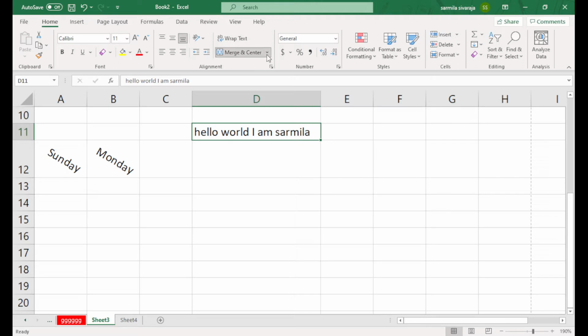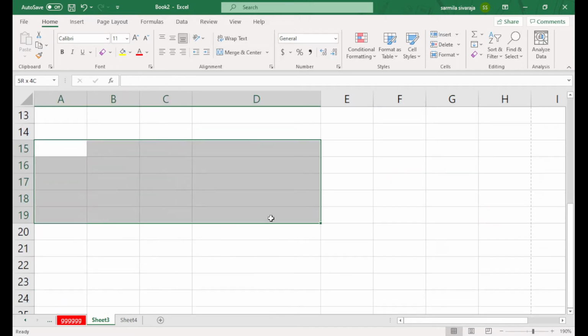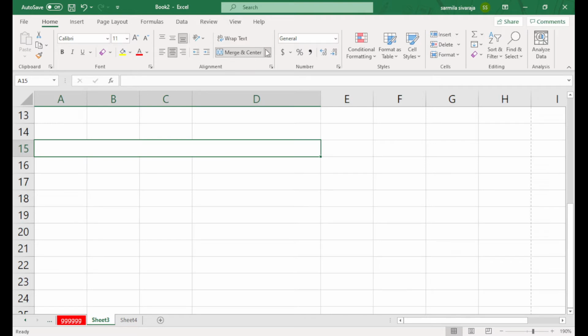Next one is merge cells. I need to merge these things. You can merge like this. There are two types of merge. One is merge and center. One is merge across. Merge and center means you can merge your cells and when you type, it starts from your center.